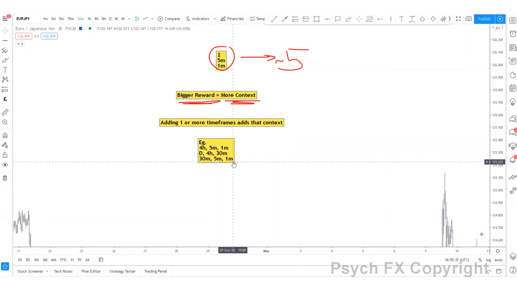Now, there are small nuance differences, but don't worry about that. I'm going to cover that in future parts to this section. But for now, we're just going to do that. And once we've understood a really great way to do that, we're going to take everything to the absolute next level by understanding some institutional concepts like liquidity, spotting liquidity pools, psychological numbers, and how you can combine all of these things in such an easy to understand way in order to maximize your trading plan results. It's just going to really take things to the next level.